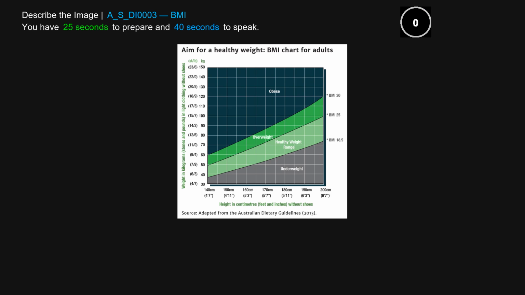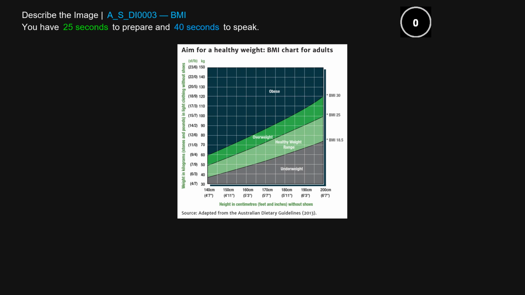The given image is exhibiting important information about the aim for a healthy weight BMI chart for adults. The image includes weight in kilograms, height in centimeters, and BMI. Firstly, the BMI of 30 is considered as obese, whereas the BMI of 25 is considered as healthy. Similarly,